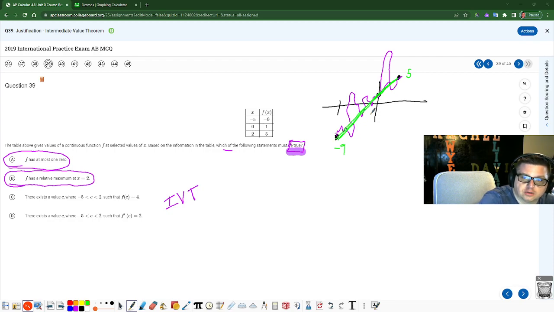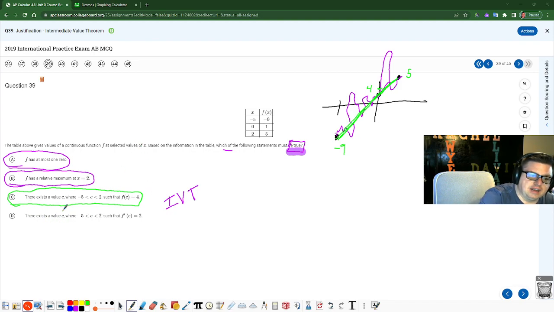Sure, we could. Does it have to be a straight line? No. But there exists a value c from -5 to 2 where f of c equals 4. Well, if we start at -9 and we go through 5, it at some point has to get through 4, doesn't it? I think we found a winner, but